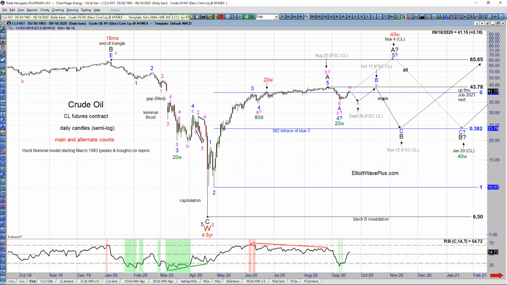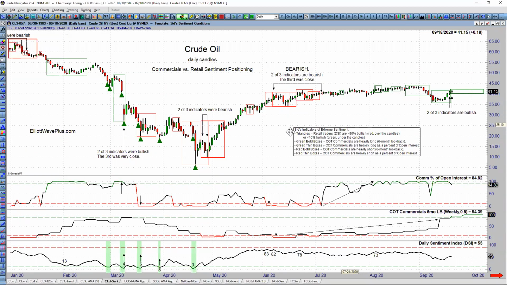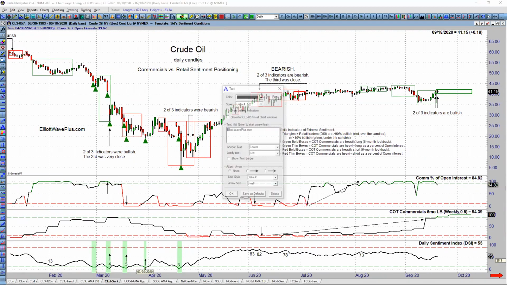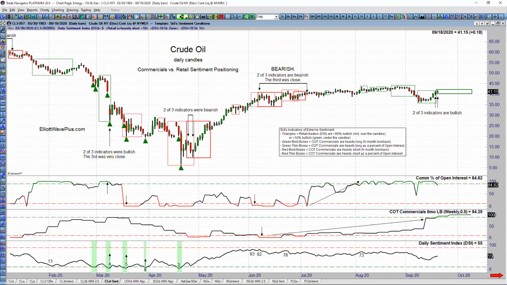So it's kind of at a critical juncture here. I don't have a tremendous amount of confidence in the main or the alternate. But right now it's on buy signals. Also,